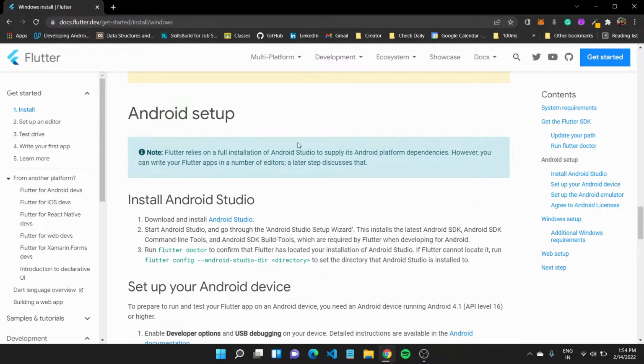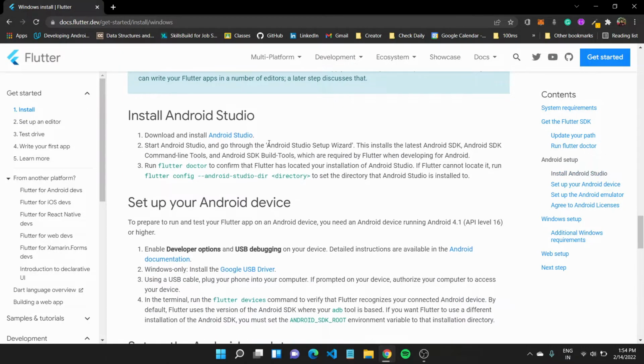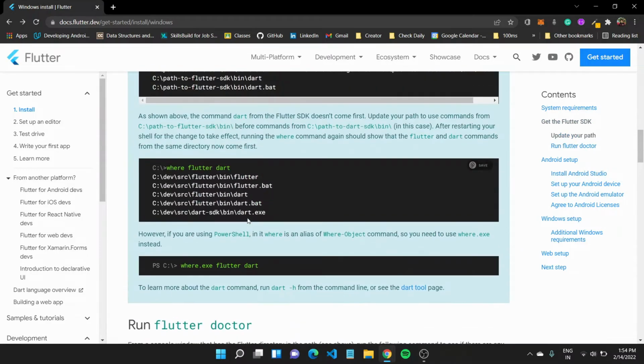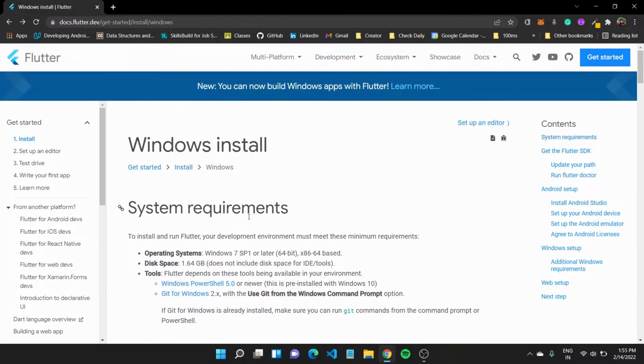You'll also need to set up an IDE. You can choose to have Android Studio as your IDE, or you can also use VS Code. I would recommend watching a dedicated tutorial on the installation process depending on the current configuration of the operating system you